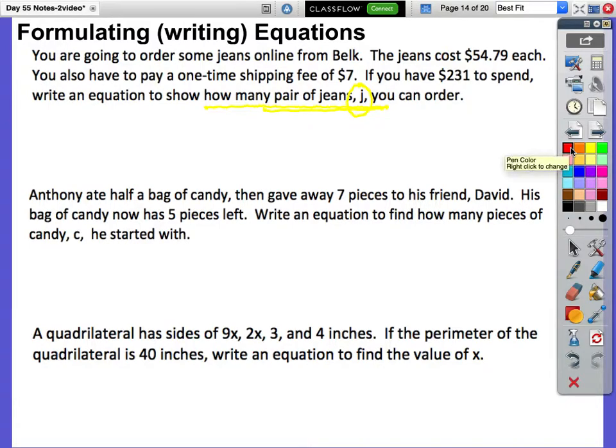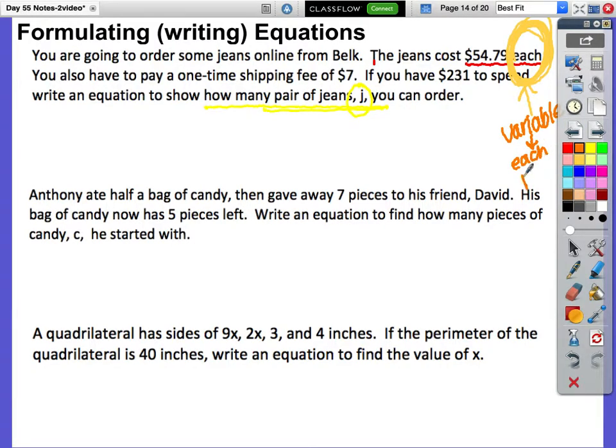All right, so let's just go in order of the problem this time. The jeans cost $54.79 each. Here's what I'm going to tell you. When you see this word each in a word problem, hallelujah for you, because that makes your life a lot easier, because you know that that's where you're going to need a variable. Almost always. Now, I don't want to say 100% of the time, but for our purposes, when you see the word each,